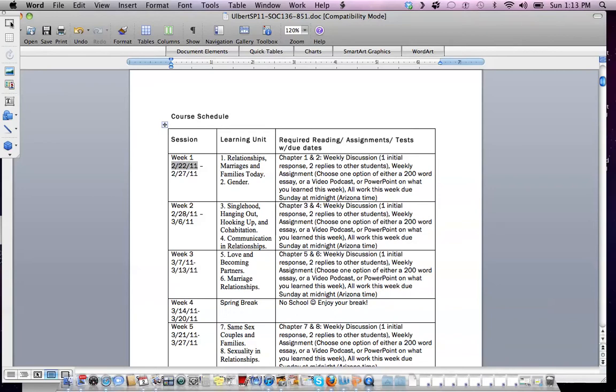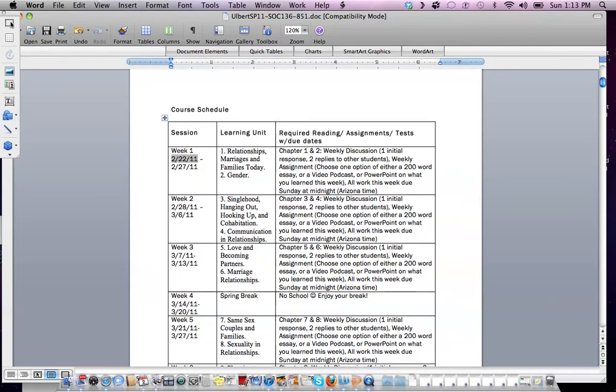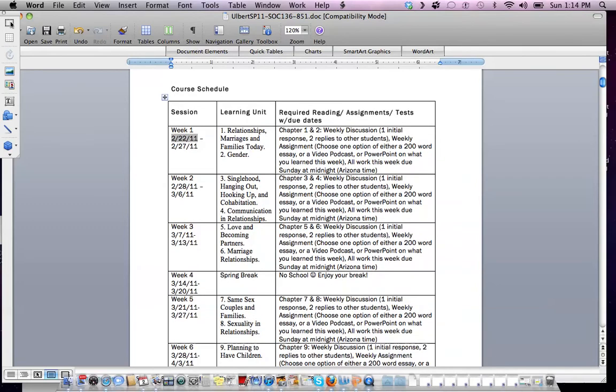So we have the course schedule broken down into sessions. So I put the dates on, each week. And week 4 is spring break, so there's no work that I expect you to do during that week. Just relax and spend time with your family and friends. And then we have our learning units, and this is broken down by chapters. And so you'll notice for every week we have required reading, except for spring break, no reading, and then a